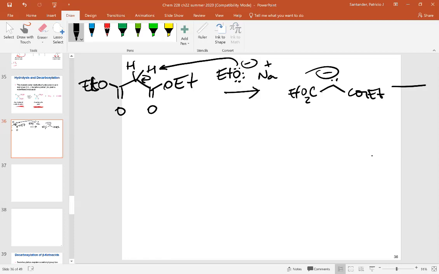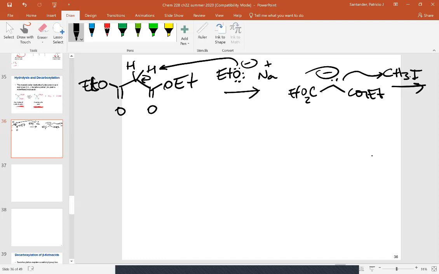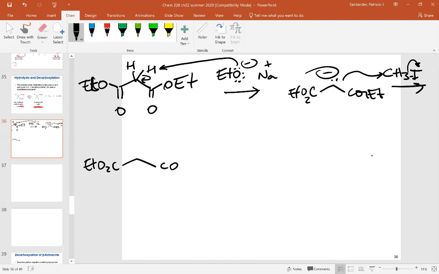So then now I can react that with an appropriate electrophile, like a methyl iodide, nucleophilic attack, displacement of the halogen, and then now I will have my alkylated diethyl malonate. Notice that we still have one hydrogen atom there, and now I have a methyl group attached to